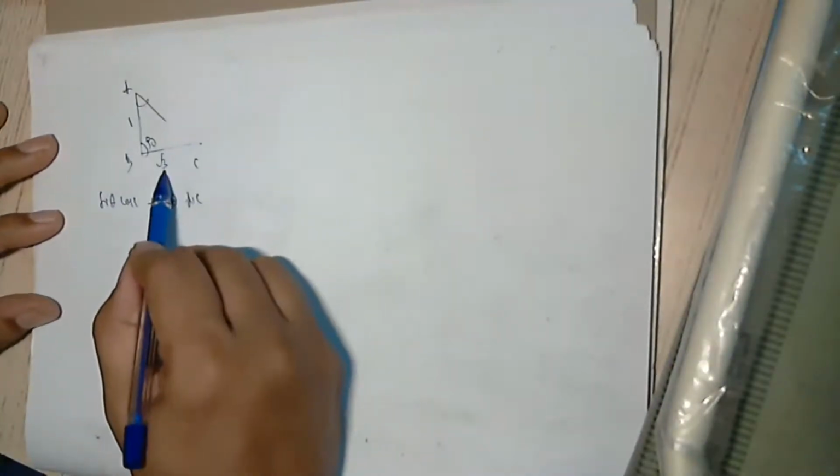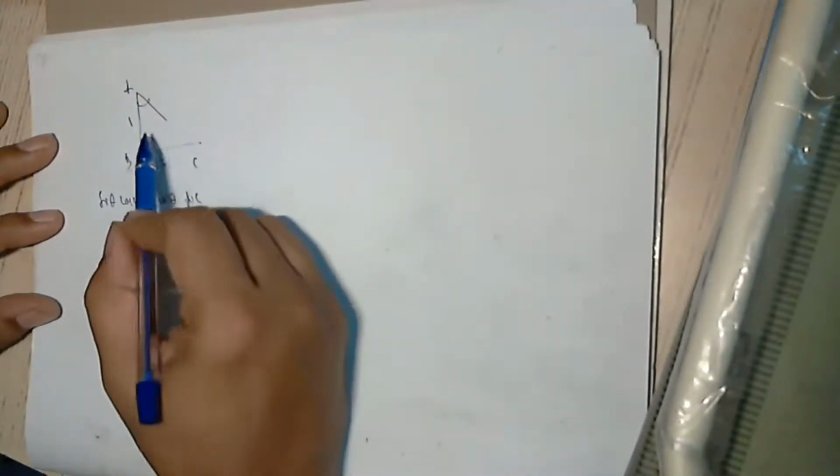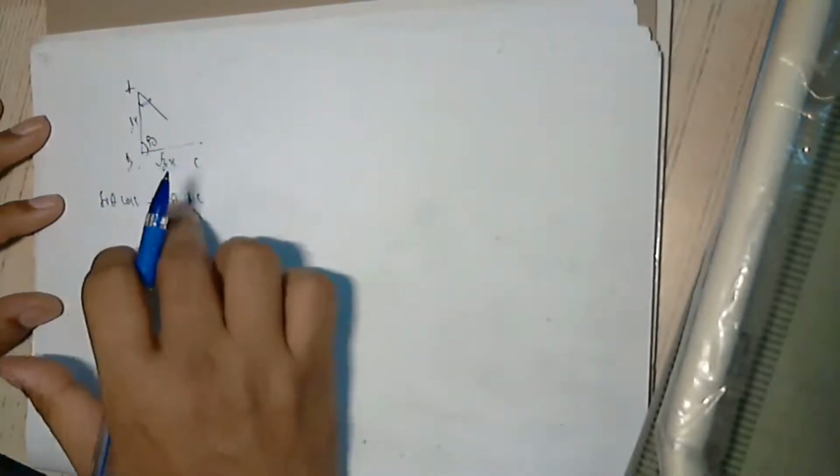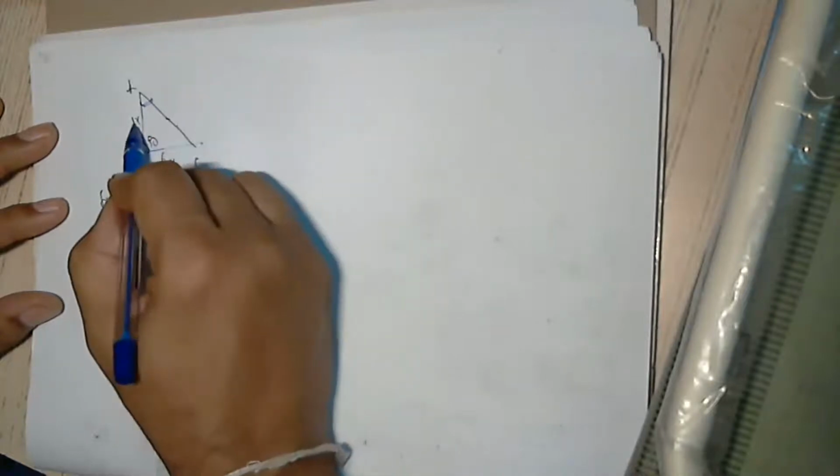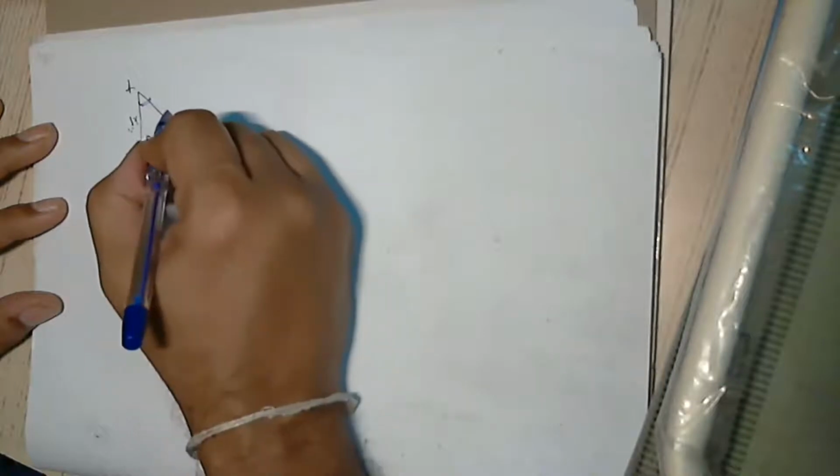B is 90. Tan A is what? Opposite side by adjacent side. This is opposite root 3, adjacent 1. It can be root 3x, it can be 1x, but for simplicity I put root 3 and 1. What is my hypotenuse? A square plus B square, 3 plus 1, that is 4, under root 4 is 2. 2 is greater than 1, 2 is greater than root 3. What is root 3 value? 1.732. So my hypotenuse is bigger than these two in a right angle triangle.